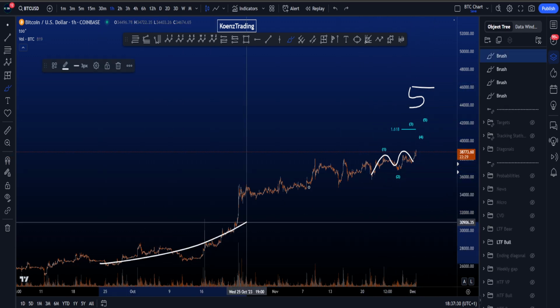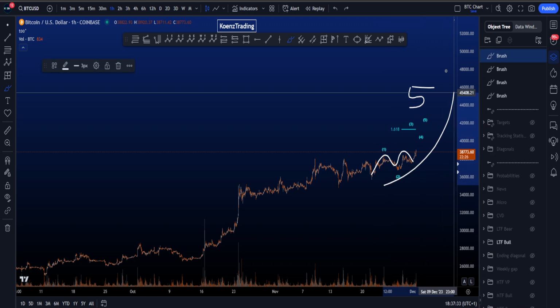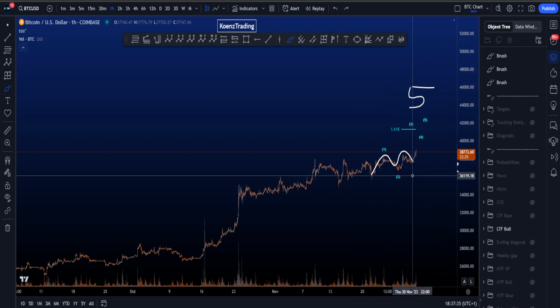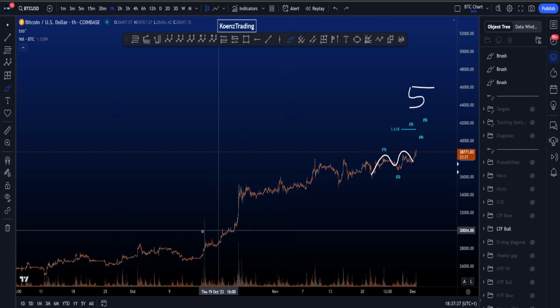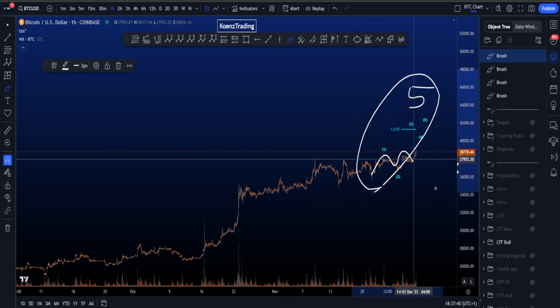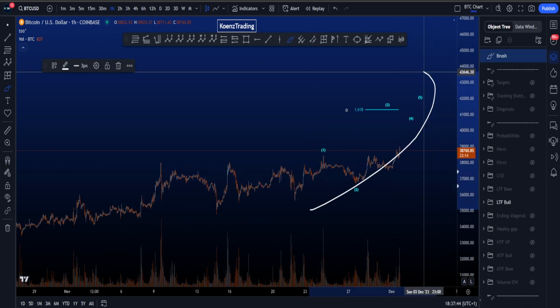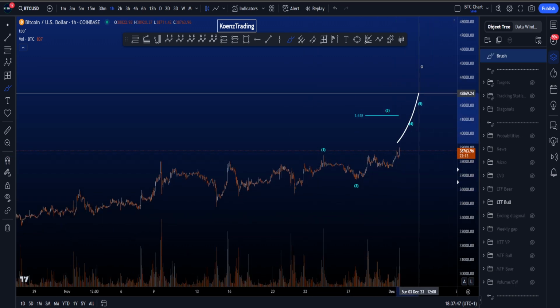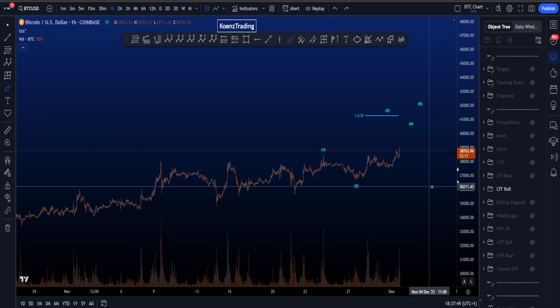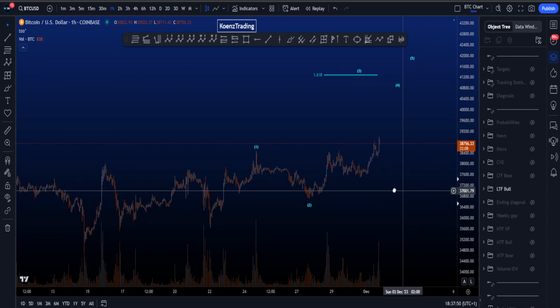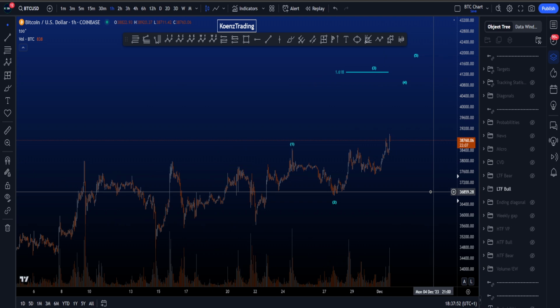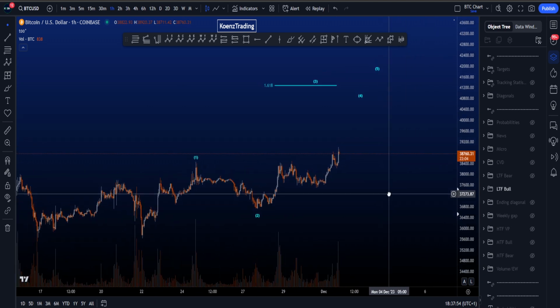And also if wave 3 is extended, then the probabilities are a lot lower for wave 5 to be extended. Usually it's only one wave that is extended, which is then wave 3. And if wave 3 is extended, wave 5 usually reaches the normal common targets for a wave 5. And this would, well, give Bitcoin much higher prices for a wave 5, which currently does not really work with the price action that we see locally,